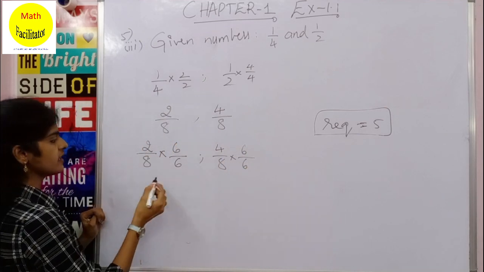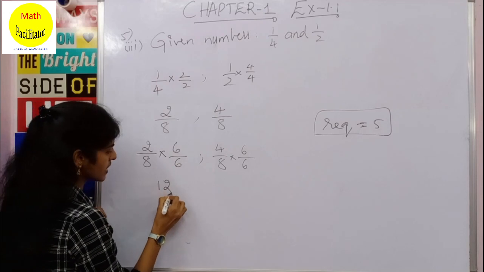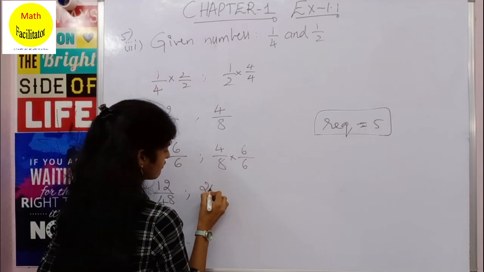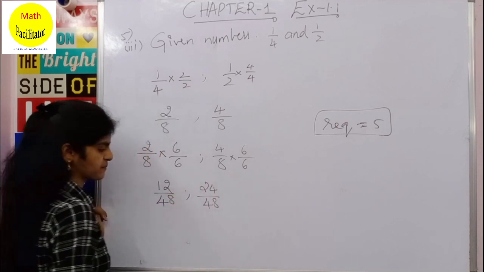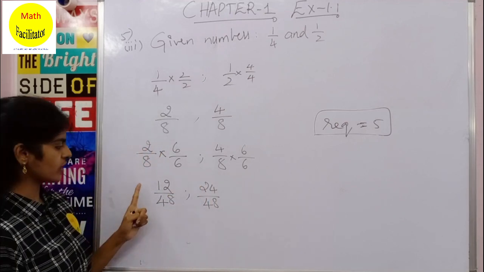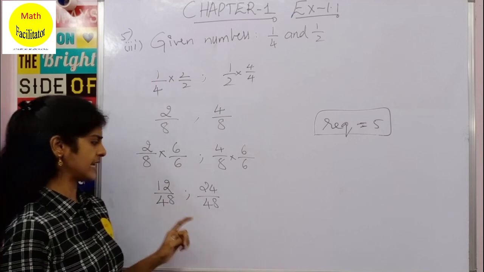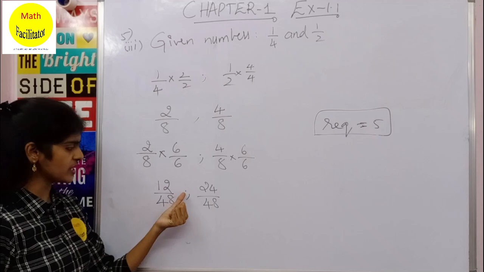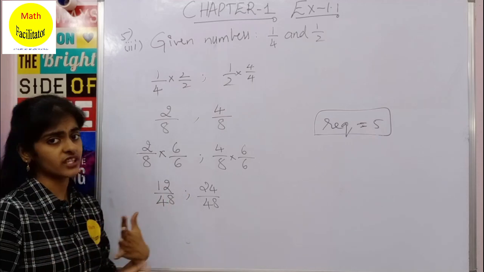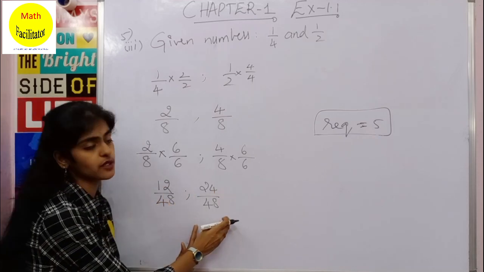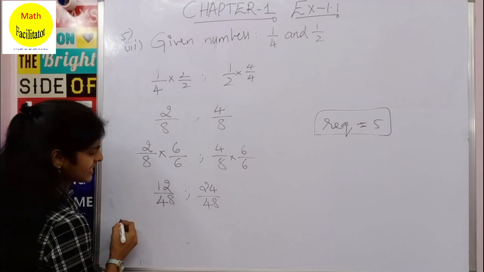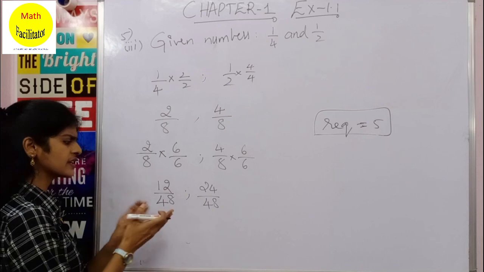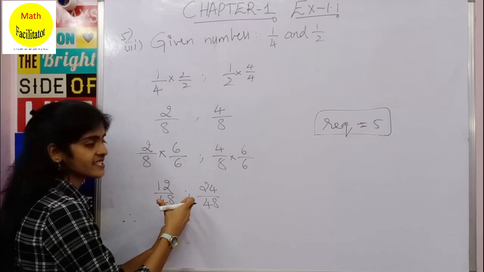So here now this is 2 6s are 12, 8 6s are 48, and this is 24 divided by 48. So this is 12 upon 48 and 24 upon 48. Now you can see 13, 14, 15, 16, there are many numbers, right? After 12 you have 13 upon 48, 14 upon 48 and so on till 24 upon 48. So we can comfortably write it. As I told you, this method applies for any rational number. You don't even have to check whether you are able to insert them or not.